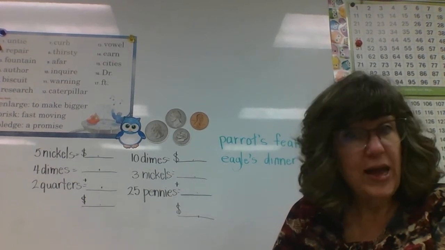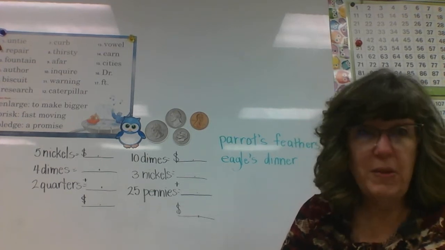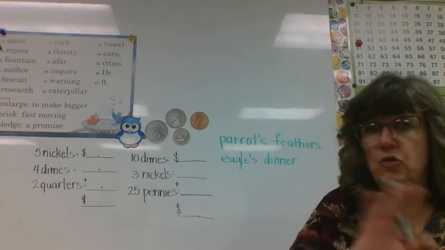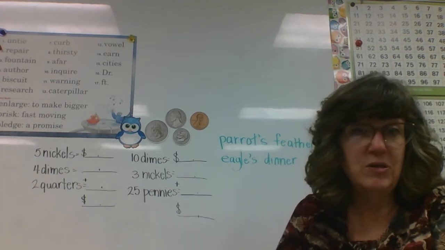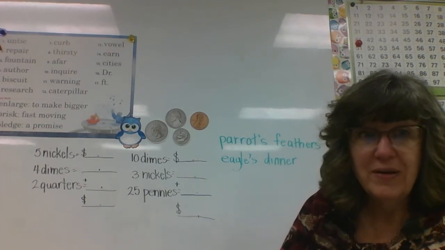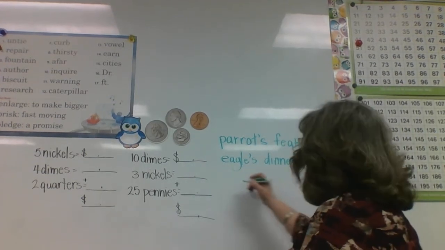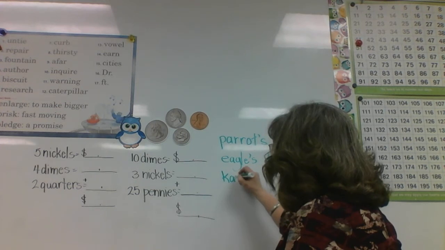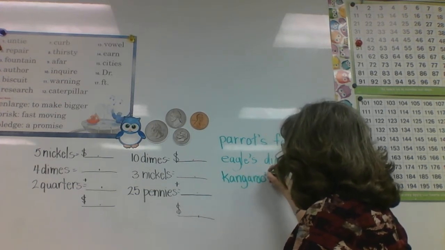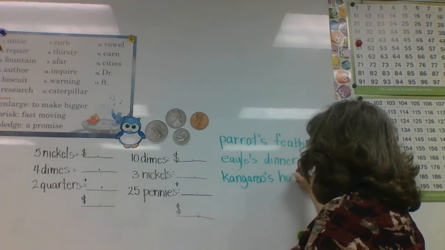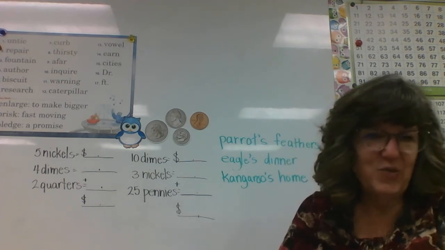Here we go. Ready, Madison? Home of tree kangaroo. Remember, tree is the kind of kangaroo, so don't think about the word tree. What would be the 2 words that I would use? What does the kangaroo own? Hey, Madison, you got it. We're going to write kangaroo's home. That's a big word. Kangaroo, apostrophe S, home. Great job.